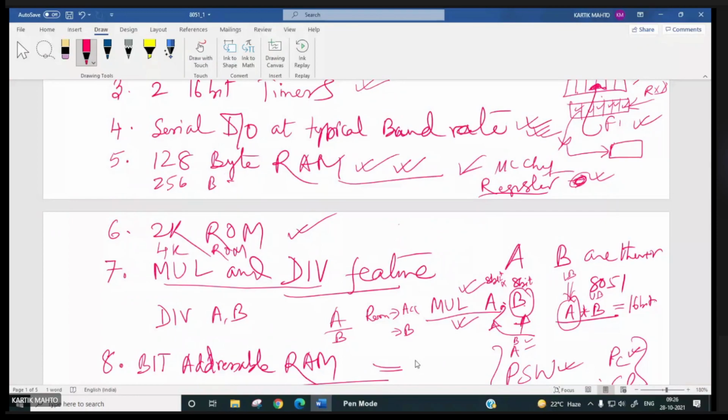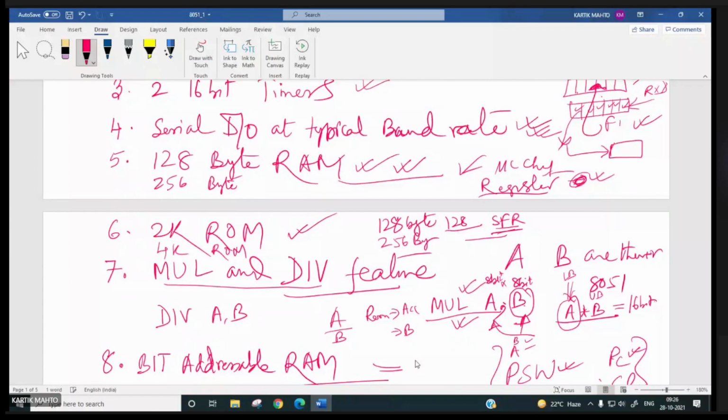Yesterday, sir was saying that of the 128 byte RAM, 128 locations are reserved for SFRs. That we will discuss. Right. In the advanced version, it is 256 byte RAM, as well as SFRs are also there.